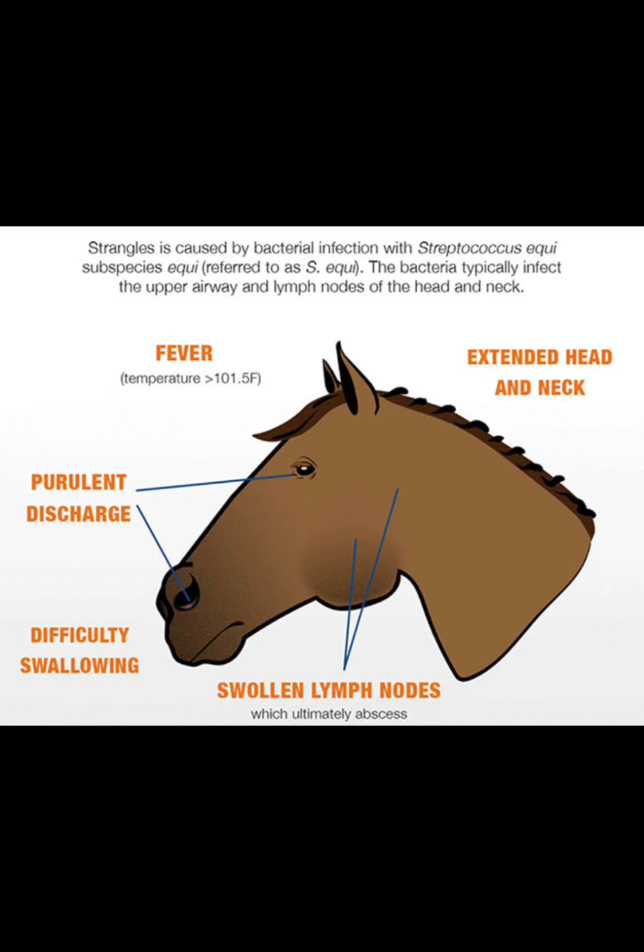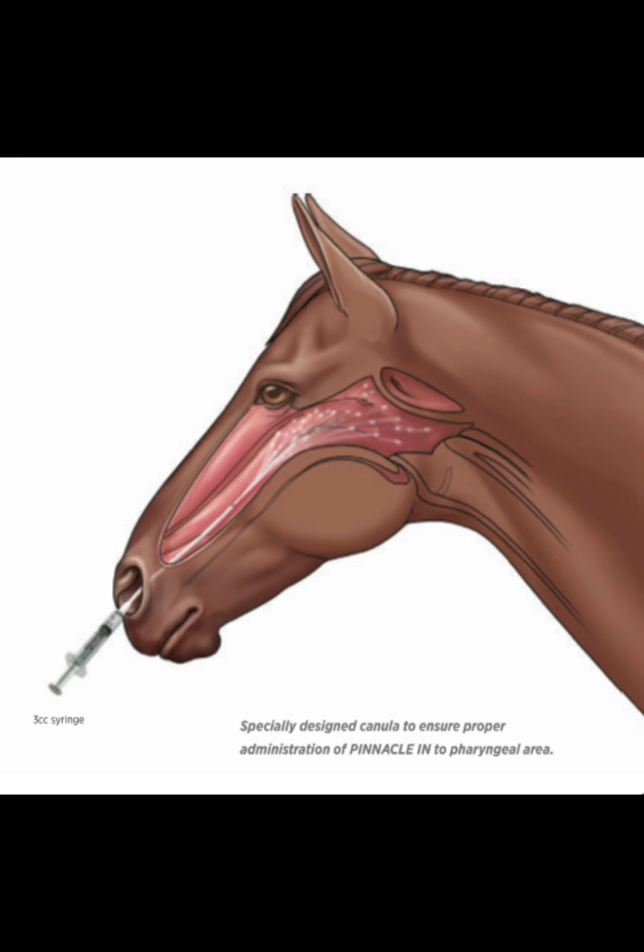If your horse gets strangles or is exhibiting symptoms of strangles, immediately quarantine them and call your vet. Strangles is highly contagious, so when you handle the infected horse, it is recommended to change clothing and shoes before handling other healthy horses. The good thing about strangles is that it normally goes away on its own and does